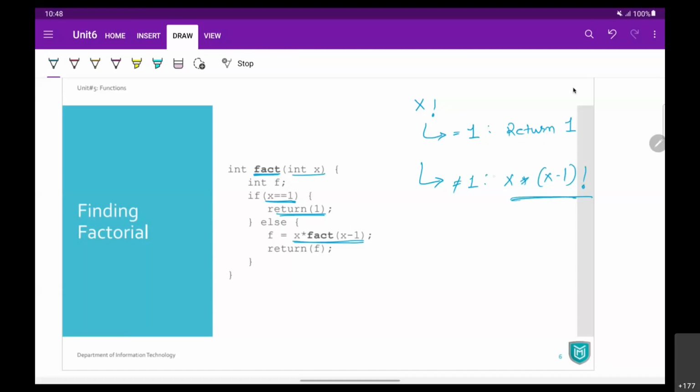Whatever calculation you have, you store it inside a variable and then you return that variable, return f. That will be the final answer. That's why we have one extra variable here, f. Declare it, calculate it, and return it.